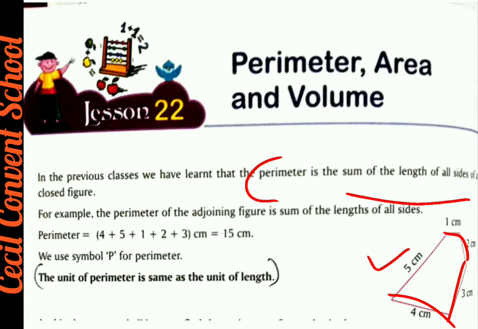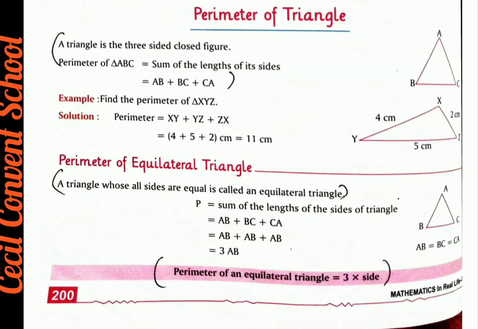Clear? Now we will do another formula, for the perimeter of a triangle. Suppose you are finding the perimeter of any triangle. As you know, a triangle is a three-sided closed figure. So you have to underline the definition in the book along with this figure, and its formula: perimeter of a triangle is the sum of all sides. Clear? For example, if you are finding the perimeter of this triangle and all the sides are different, then you do the sum of all the sides, means this plus this plus this.